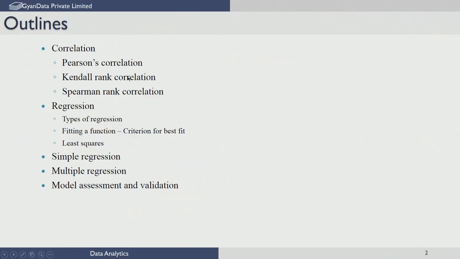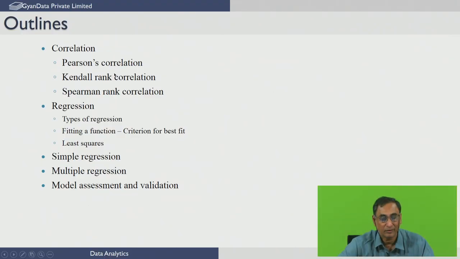We are going to introduce the notion of correlation, different types of correlation coefficients that have been defined in the literature, and what they are useful for. This is a preliminary check you can do before you start building models. Then I will talk about regression, specifically linear regression, and I will introduce the basic notions of regression and then take the case of two variables before going through multilinear regression, where there are several input variables and one